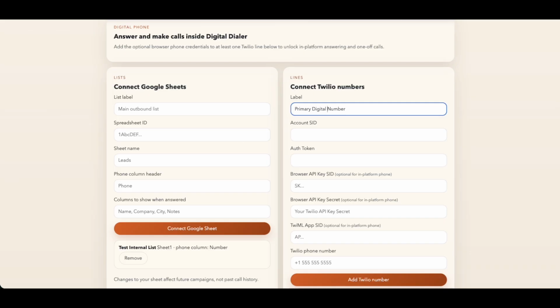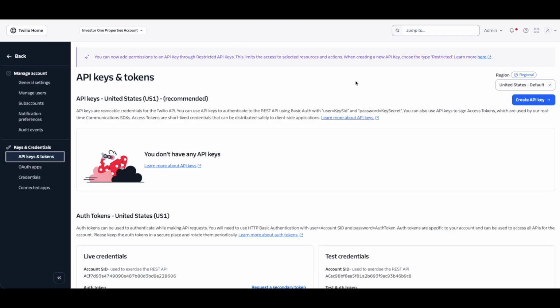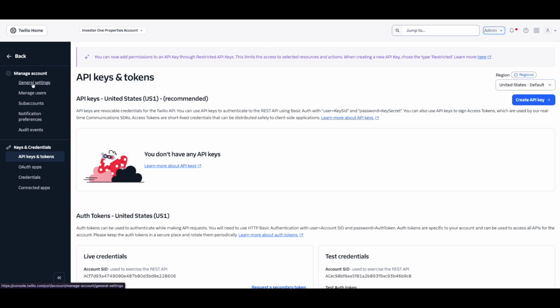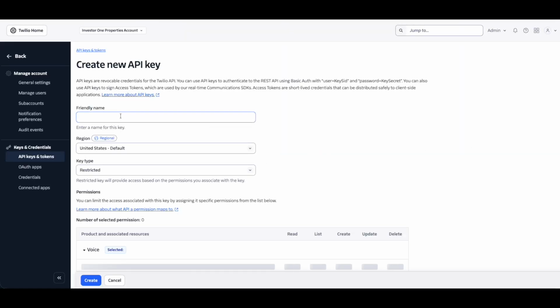So if you go over to your Twilio account and you go to this little section right here where it says admin up here in the top right corner, click on that, and then you click on account management. That's going to send you to this page right here. You're actually going to land on your general settings. All you need to do is scroll down here where it says API keys and tokens, click on that, and it'll load up this page. Once you're at this page, all you need to do is create an API key, click on that, give it a second,